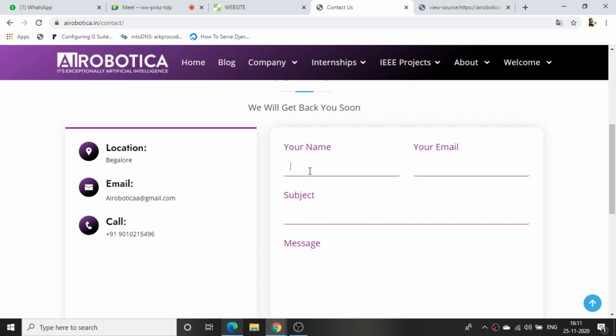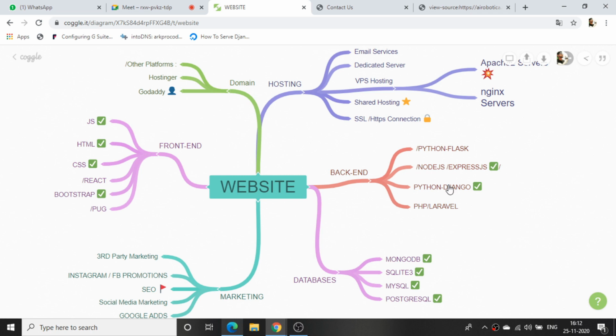So for the backend, we need to write a logic for it. Once the form is submitted, we need to tell our backend whether the form is submitted as a GET request or a POST request. When a GET request comes, what do I need to do? When a POST request comes, what do I need to do? That we will specify in our backend. Whichever language or framework you use, the same things are implemented in all of them. But we are using the Flask Python framework. We write the logic there: when the form is submitted, what all should happen. That we write using the Python programming language, where we collect our data.